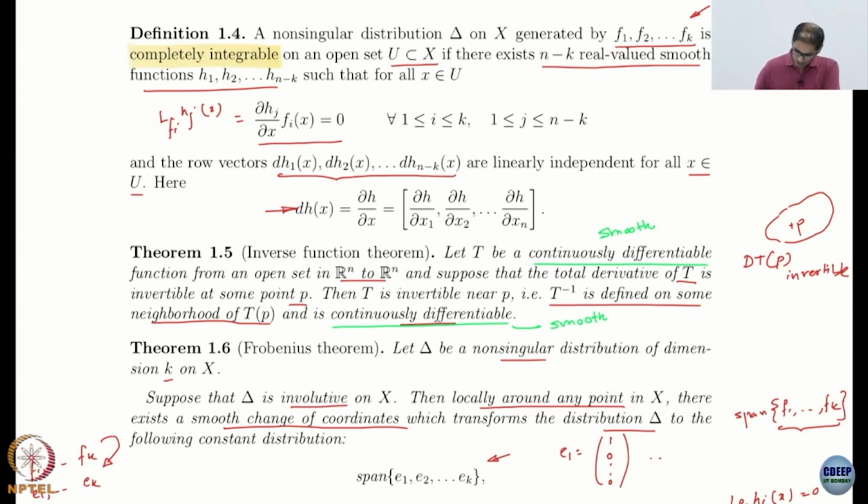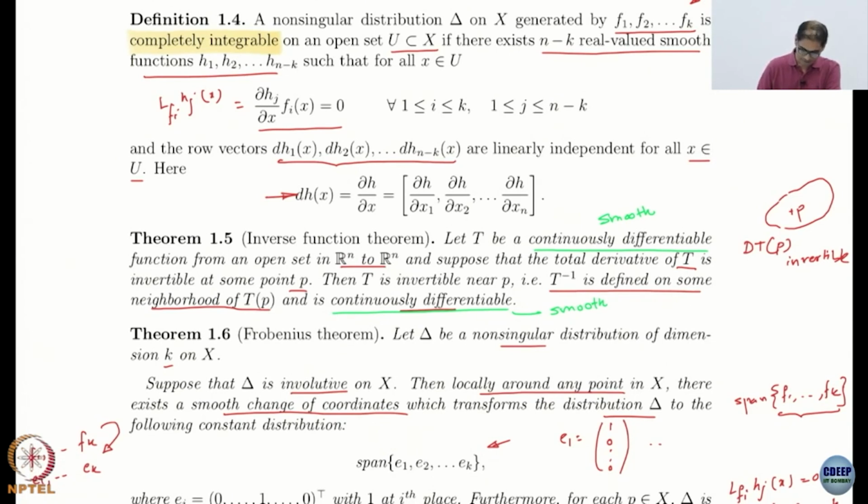Then, in order to actually verify this result, the Frobenius theorem, we need the inverse function theorem. The inverse function theorem and the implicit function theorem are such powerful results that all of you who are doing anything in systems and control should read and understand these two theorems, okay. The implicit function theorem is a byproduct of the inverse function theorem. It is very straightforward. What does the inverse function theorem say?